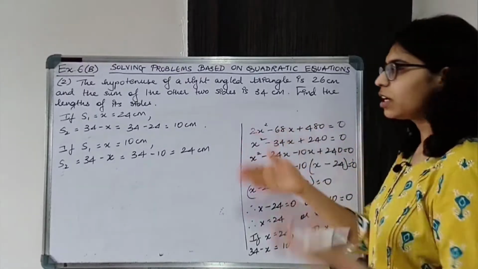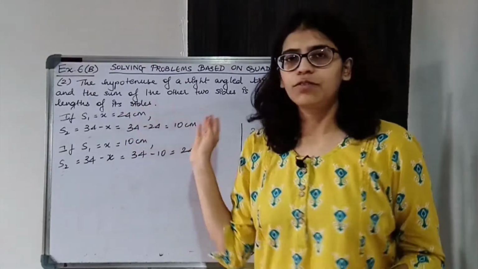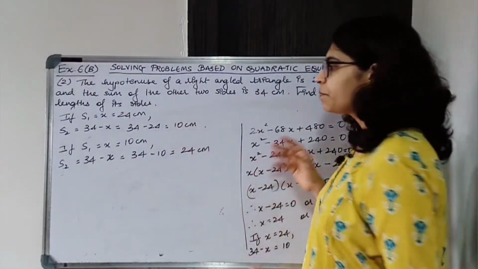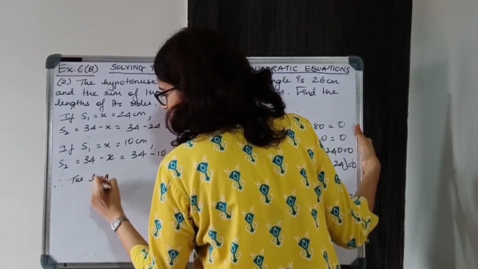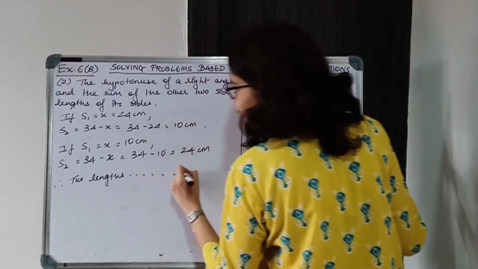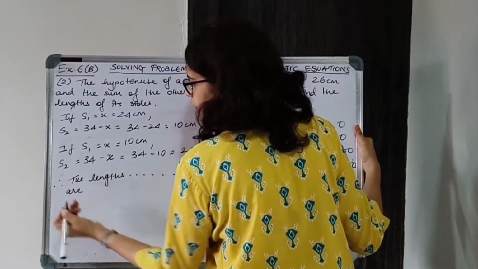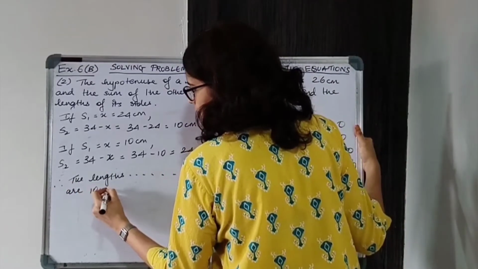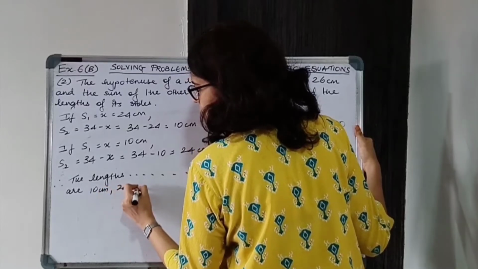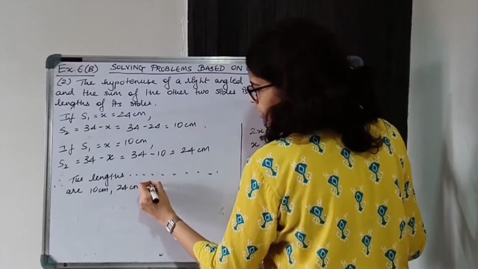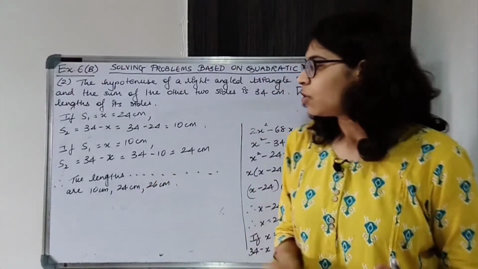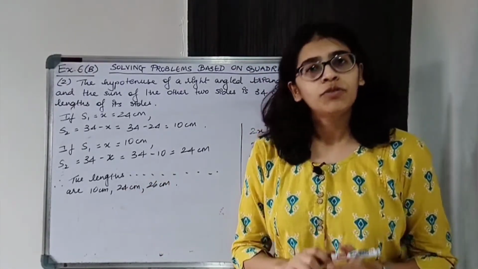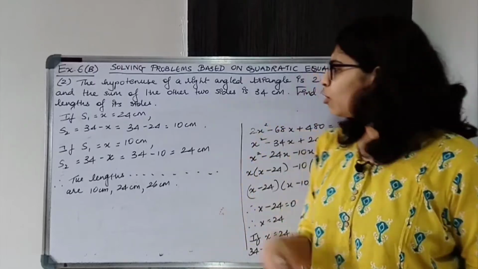Okay, only the order is changing, if side one is 10 then the other is 24, if one is 24 then the other is 10. So therefore the lengths of the sides of the right angle triangle are 10 centimeter, 24 centimeter and 26 centimeter. This was already given. Okay, so write down the final statement, don't forget the unit, okay, and box the answers.